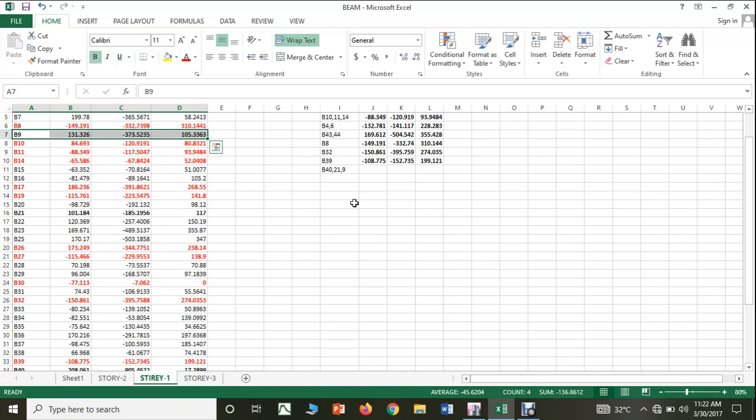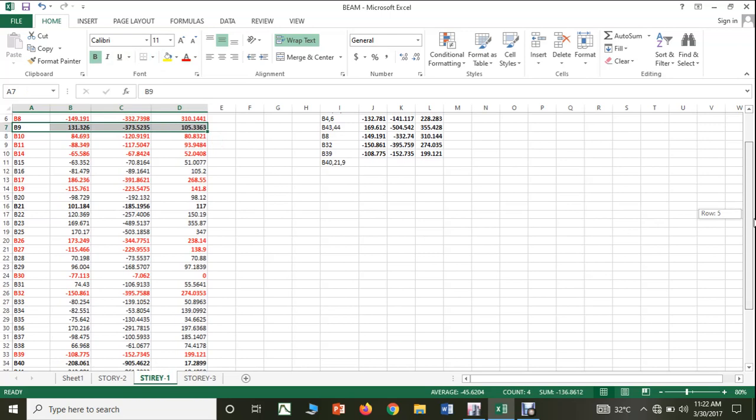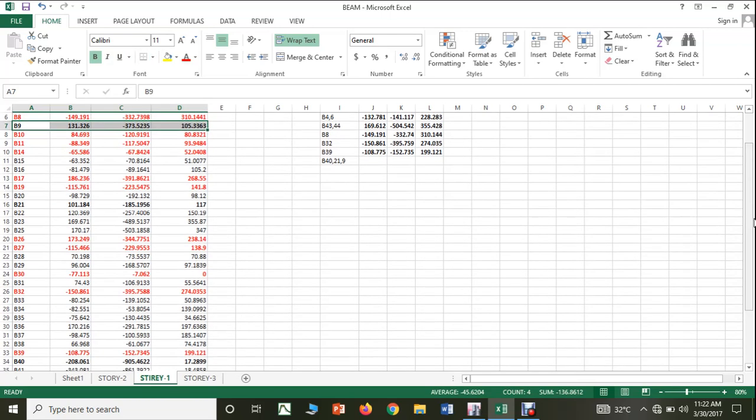So I'm supposed to choose the highest value of this. You can see 9, 21 and 40. If you choose out of these three,